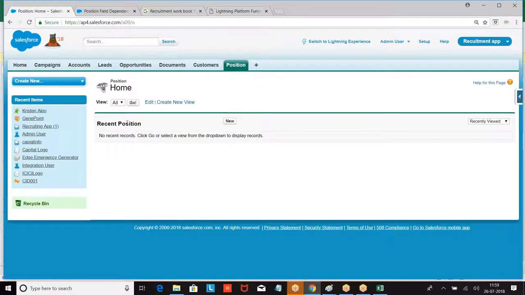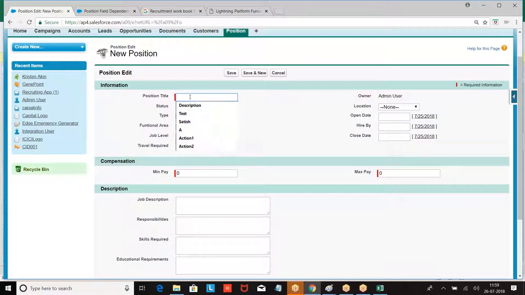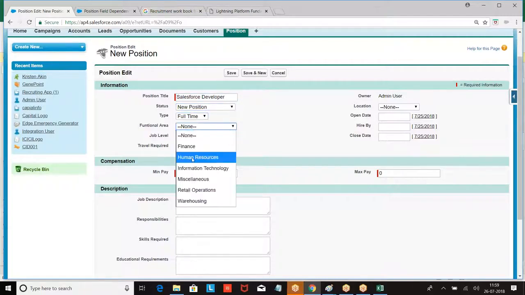On the tab, what are you finding here? Recent positions. Now, which fields will be displayed here? So I told job title. Salesforce developer, status, new position, full time, functional area, IT.